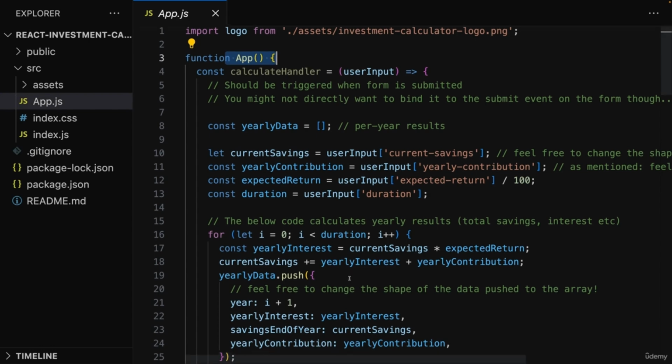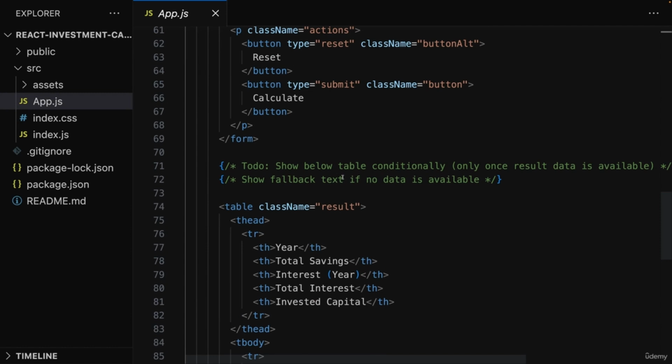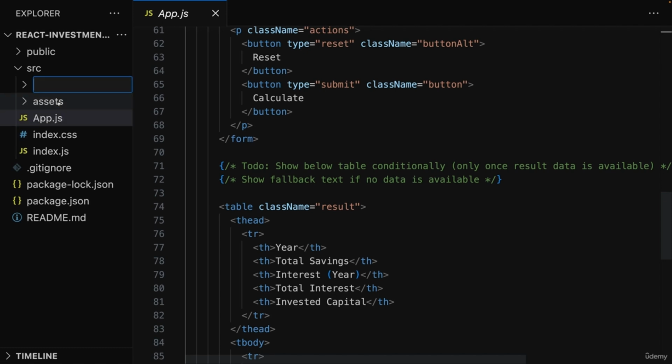And whilst this would work and could be used here for this still a relatively basic application, it is a better practice to split your React apps into multiple components where every component has its own clearly defined task and use. And therefore here I'll start by adding a new components folder,